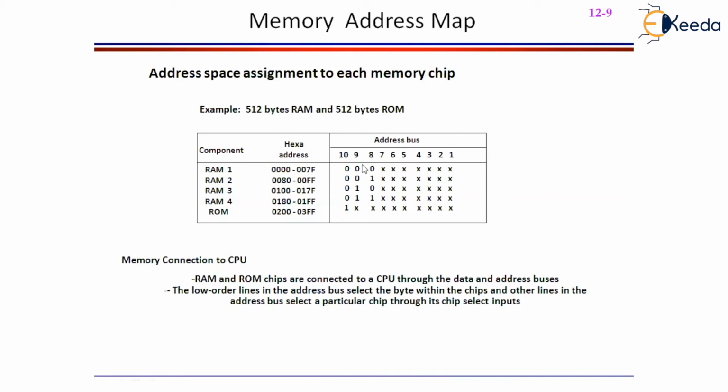Again, when the 10th digit is equal to 0, we need to identify one of the RAMs. When the 10th digit is equal to 0, we need to find out which RAM it is. Then you have to look at the 9th and 8th digits. If the 9th and 8th digits are 0, 0, first RAM; 0, 1, second RAM; 1, 0, third RAM; 1, 1, fourth RAM. As an example, I am going to give you one address line of 16 digits. We will do a small practice of identifying which module the address falls in. Okay, let us have a look.